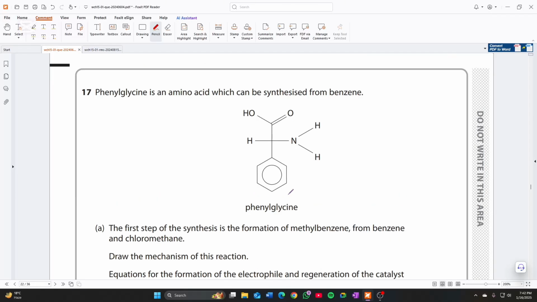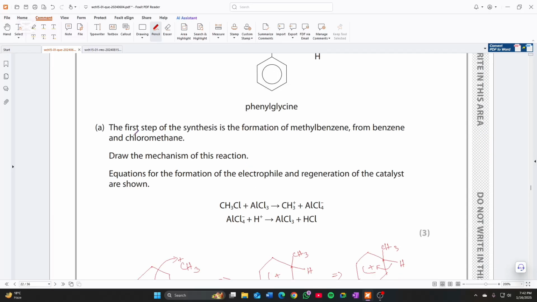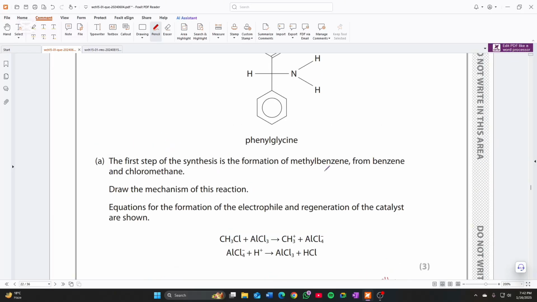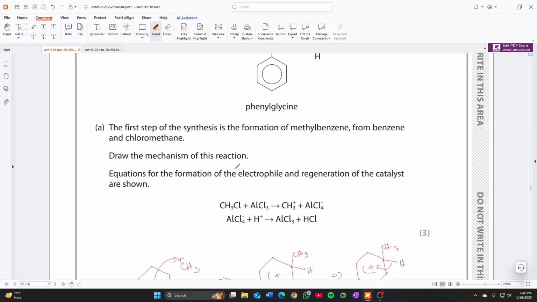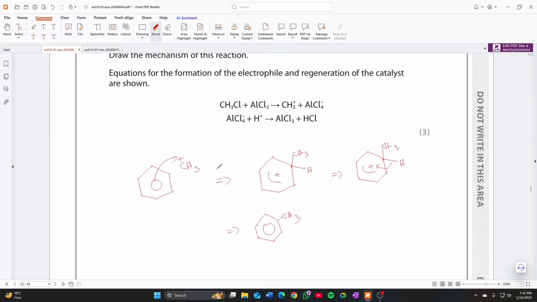Question 17. Phenylglycine is an amino acid which can be synthesized from benzene. Now the first step of the synthesis is the formation of methylbenzene from benzene and chloromethane. So we have to draw the mechanism of the formation of methylbenzene. Now you have done it a lot. It should be memorized by now that the electrons from the pi bond donate their electrons to this CH3+,